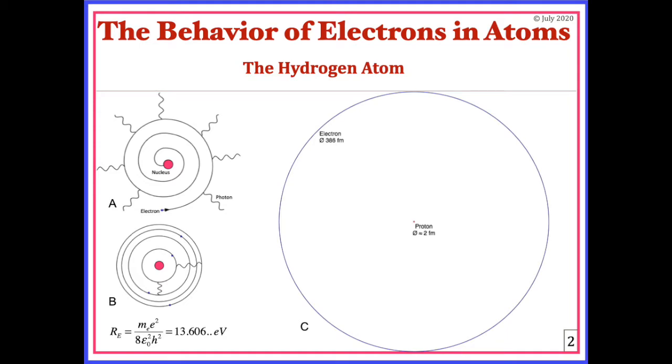That little red dot just near the upper corner of the P in proton represents a proton with a radius of 1 fm. An electron at rest has a radius of 1.93 times 10 to the minus 13 meters, or 193 fm at rest. That radius doesn't change with the energy of 13.6 eV. The blue circle around it represents the rotational axis of an electron of rest radius 193 fm drawn on the